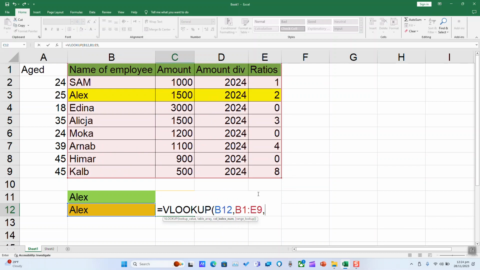comma. What we want, if we want only amount, we can here put 2 because we count from the selection starting from 1, 2. If we want the amount division, we are going to put 3. If we want the ratio, we are going to put 4. The selection is number 4, 1, 2, 3, 4. Next step, another comma, and as we want an exact match, we're going to type false, closing parenthesis, and hit